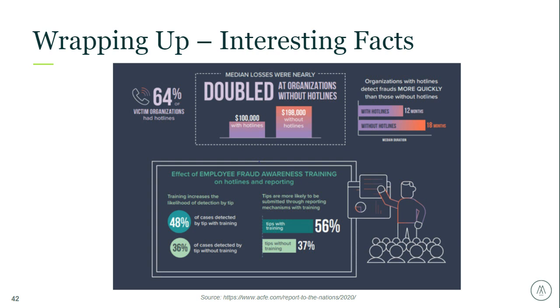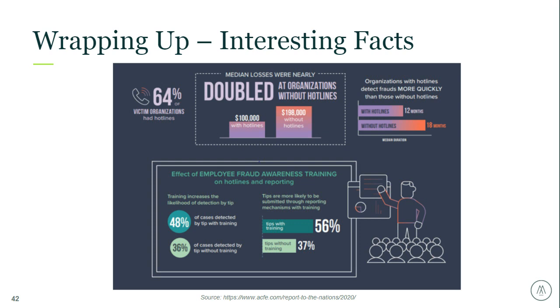So not only are you more likely to identify those frauds faster when there are fraud hotlines out there, but the organizations that have the fraud hotlines incurred losses at about half the level of organizations without fraud hotlines. And I think that's a really important stat because it really shows the benefit of having a hotline on an organization's ability to detect and mitigate the impacts of fraud. It's not just a nice tool to have for larger organizations. There's a real financial benefit to having one. As you can see, the median fraud loss was about $100,000 for organizations with hotlines compared to almost $200,000 for organizations without those hotlines. So pretty interesting there.